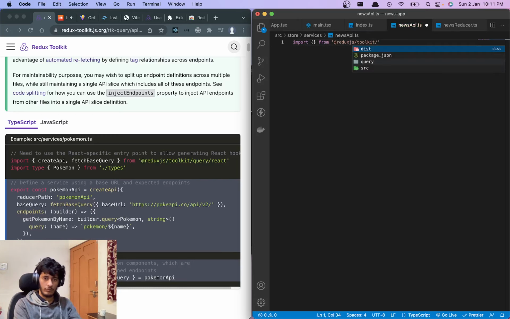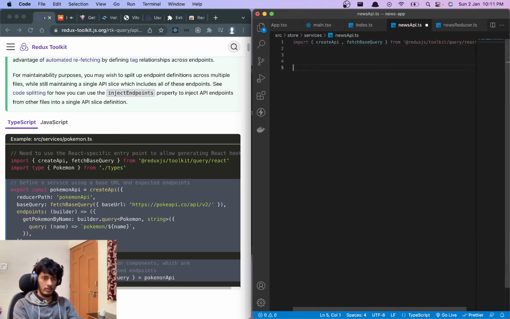So we have query slash react, yeah, of course react. And then we can have something called createApi. You can use this or, yeah. So we can have fetchBaseQuery, right? And then